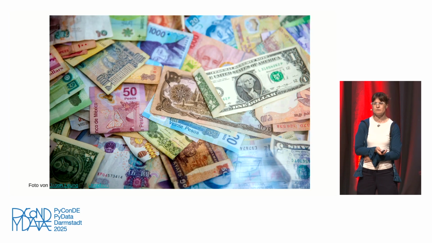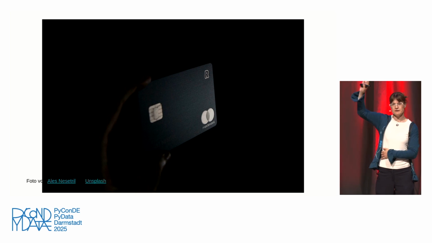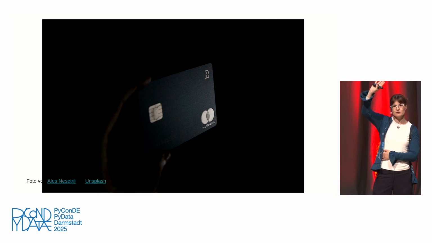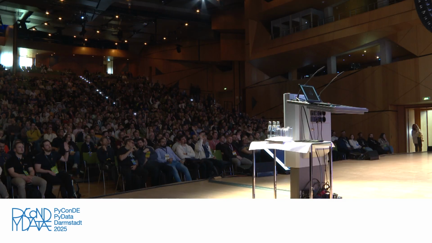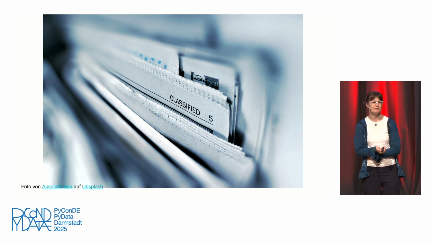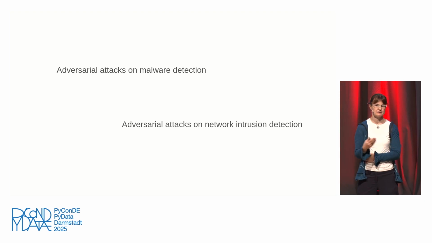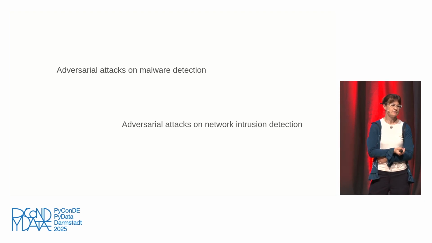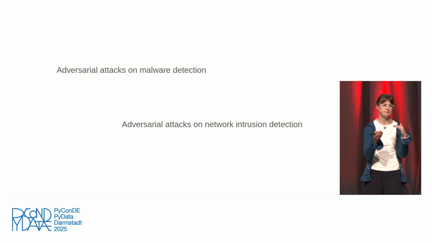Essentially, in both of these examples, it was a competition for money which motivated people to get around models. How many here have a credit card and have had it locked for spurious behavior only to realize it's been me traveling too far, too often, whatever? Same use case. Sometimes it's not only money. Sometimes people are after information. You will see adversarial attacks on malware detection systems. Think your virus scanner. You will see adversarial attacks on network intrusion detection systems. It's always this kind of cat and mouse game.